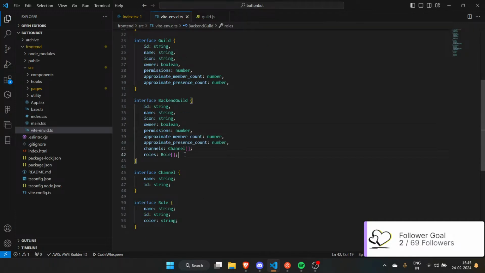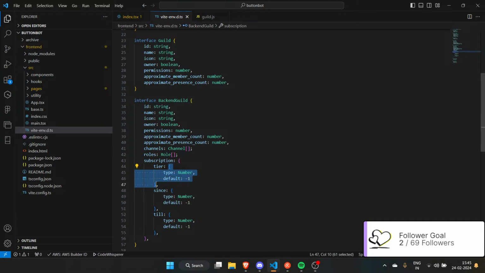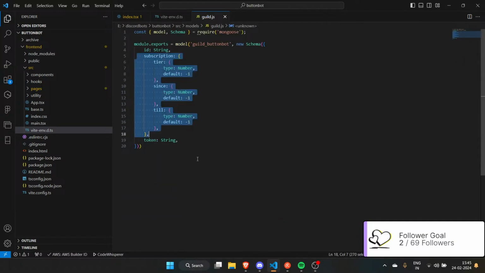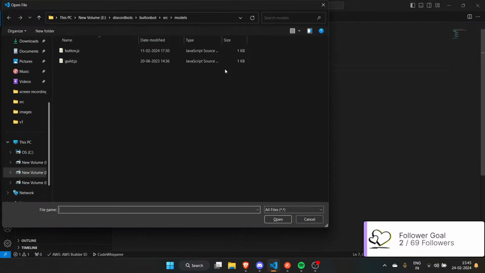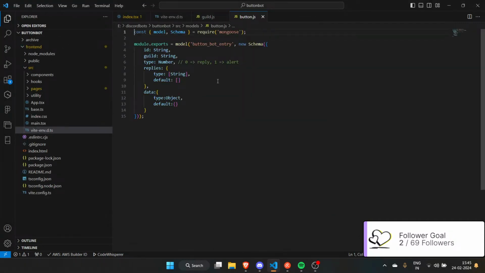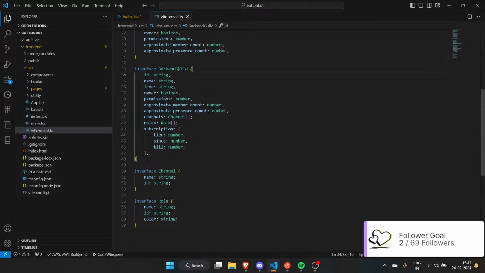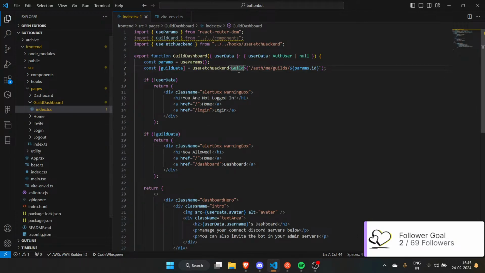Subscription tiers and stuff, that will be a number. Apart from that, what can we have? We have some buttons, replies and so on. I don't care about that, to be honest. We will have templates in future, so I will need to worry about that a bit. Anyways, this is the backend guild, right?